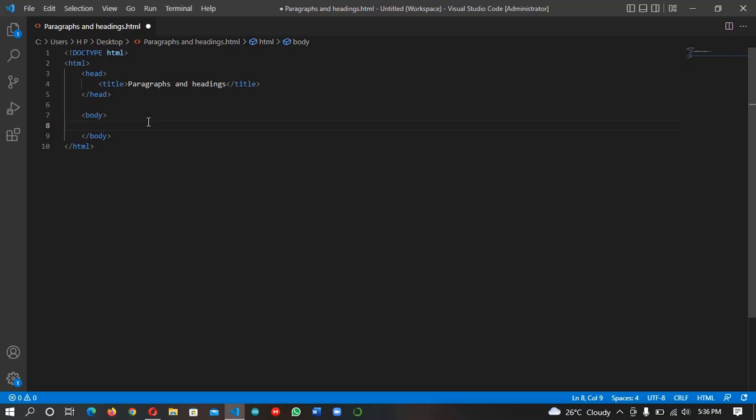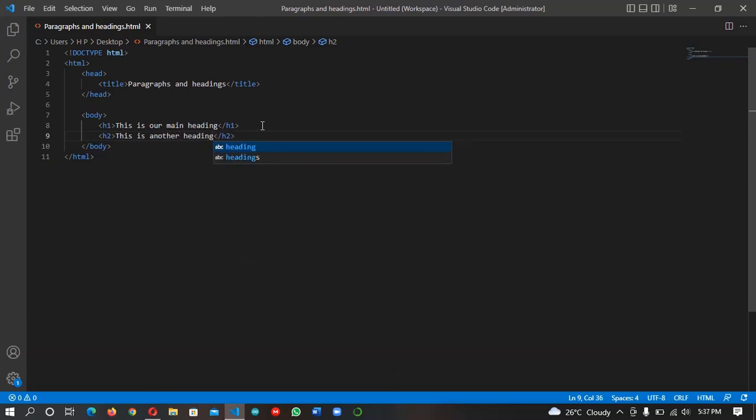To generate a heading, we use the H element, or the heading element, together with a number, as I said, H1 or any number between 1 and 6. So let's create an H1 here by simply typing H1 and hitting enter. And Visual Studio Code automatically generates the opening and the closing tag for you. So let's say this is our main heading. All right, let's create an H2 here as well. H2, this is another